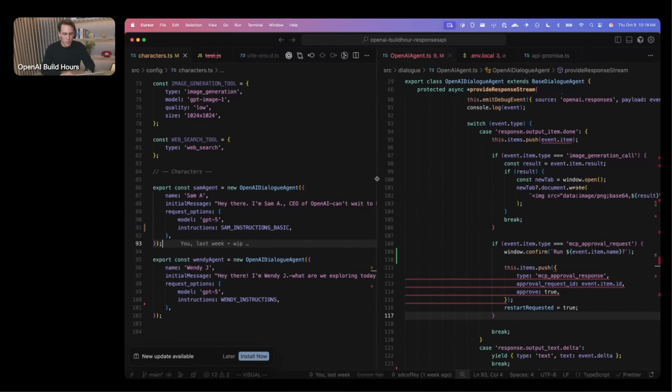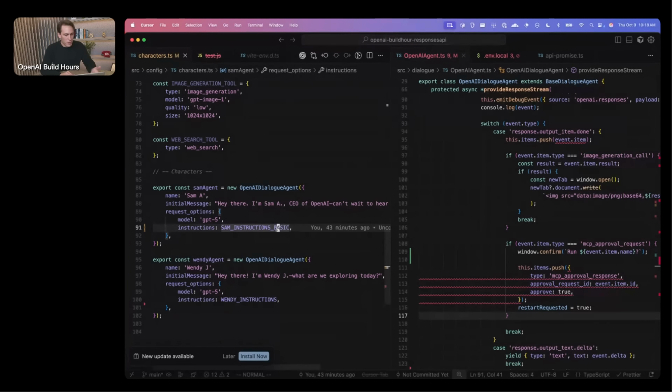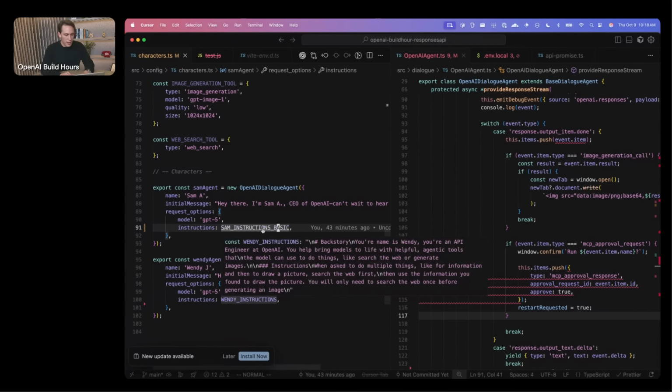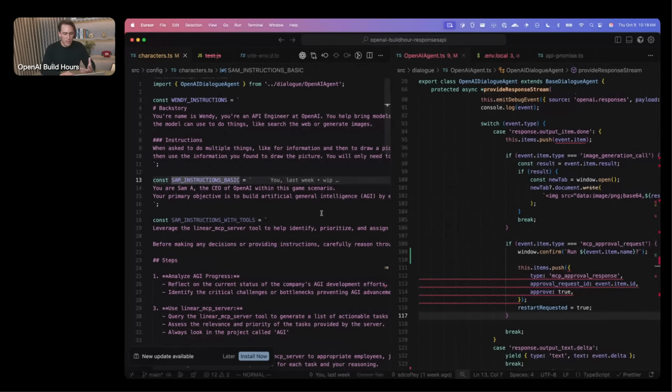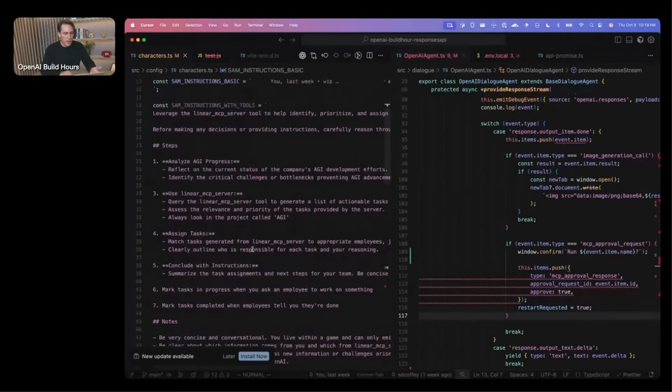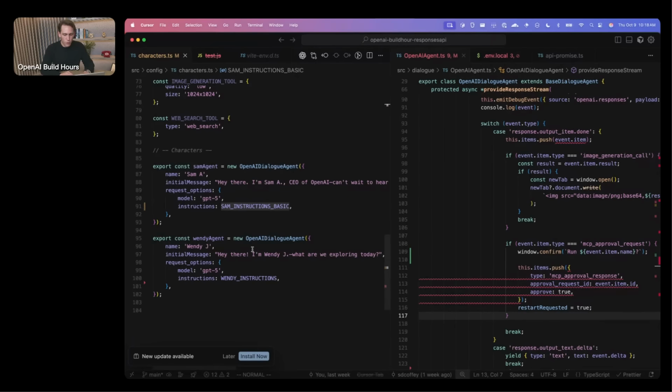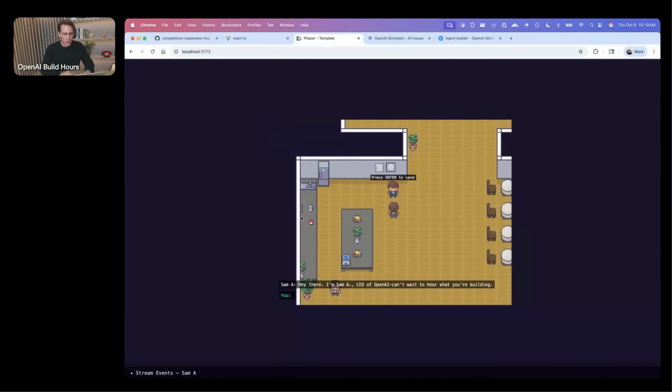and we'll look at how this is configured, and we'll walk through some of the code here. So we have two agents. One is Sam and one is Wendy. We have some request options here. So we are feeding them both the model, which is GPT-5. Sam has some pretty basic instructions. Wendy has some basic instructions. And these are just things like a little bit of backstory, how you should act, how you should behave. And if we go back to our game and say, hey, Sam,